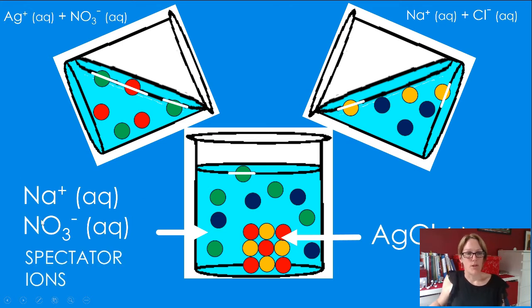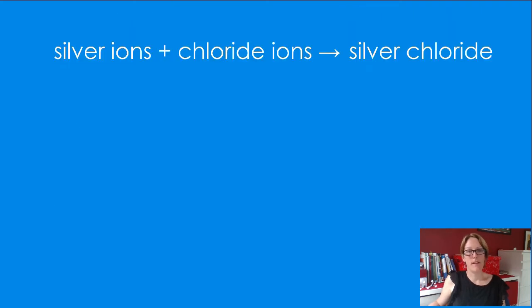These sodium and nitrate ions are known as spectator ions. They're not doing anything. They're not undergoing a chemical change. They have the same charge. They have the same state. They're both aqueous, start and end. Nothing's happened to them. So actually the chemical reaction only involves the silver ions and the chloride ions to make